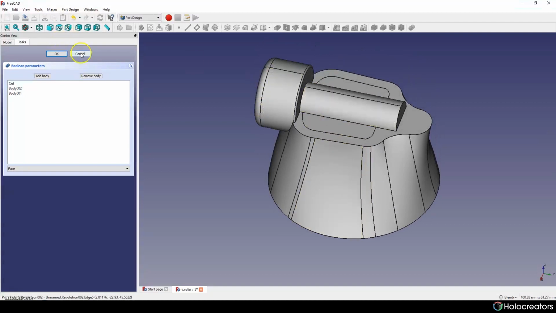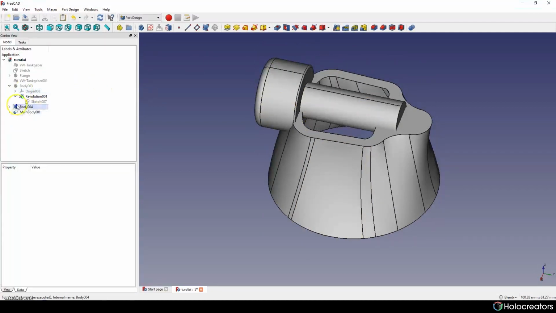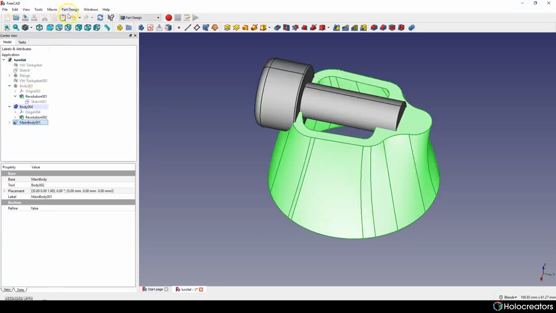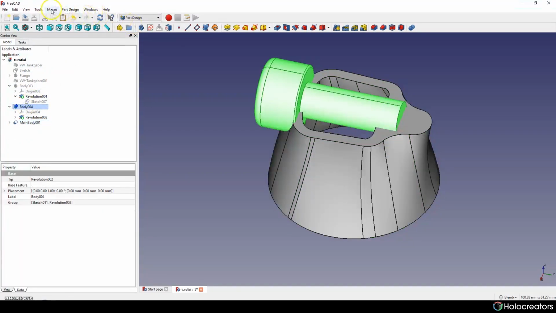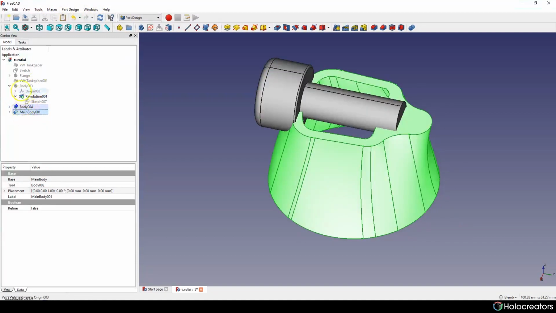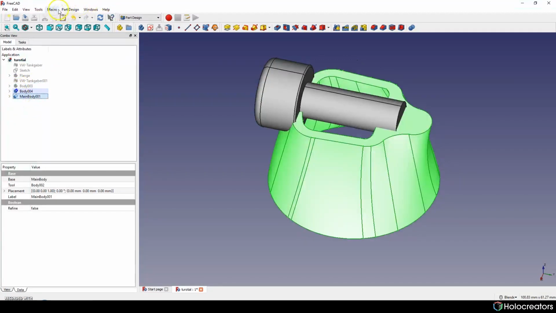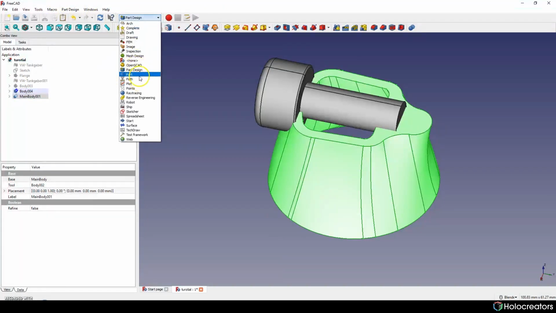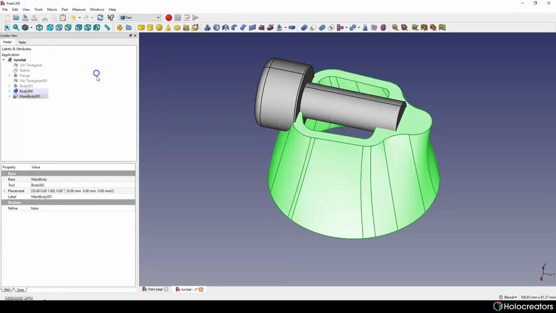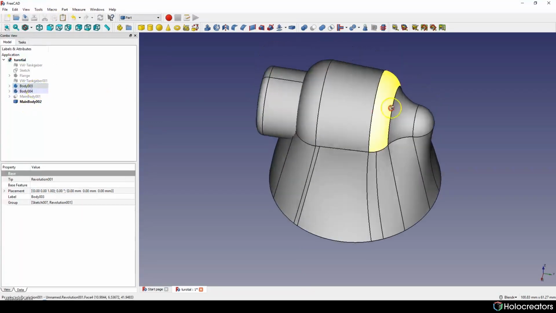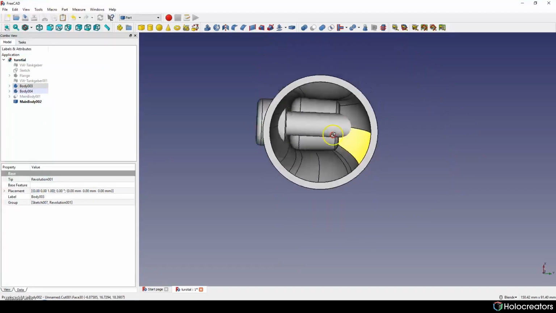And it creates something that I don't want to see. So basically, let's create a simple copy of this. I think we can leave this as it is, but we need to create a simple copy from this one. To do this, we go to Part, Create Simple Copy, and we have all those parts together. We just need to